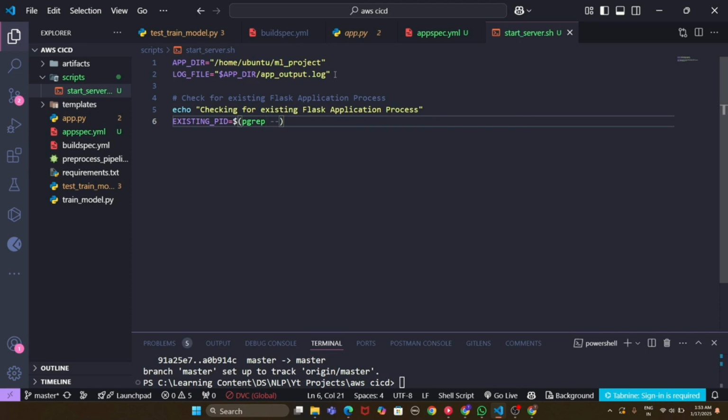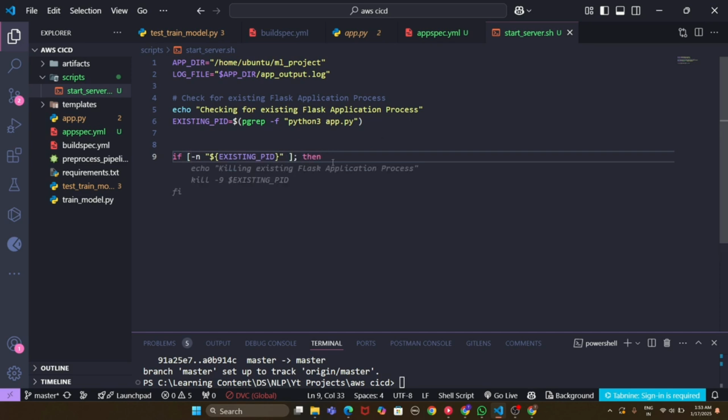So pgrep -f python3 app.py. Okay, because this is the one that should be running in the backend, right? So that is why we're checking this, trying to get the PID of that, and then we write some conditions that if -n, I think it should be if -n existing PID. Okay, if PID does exist, then